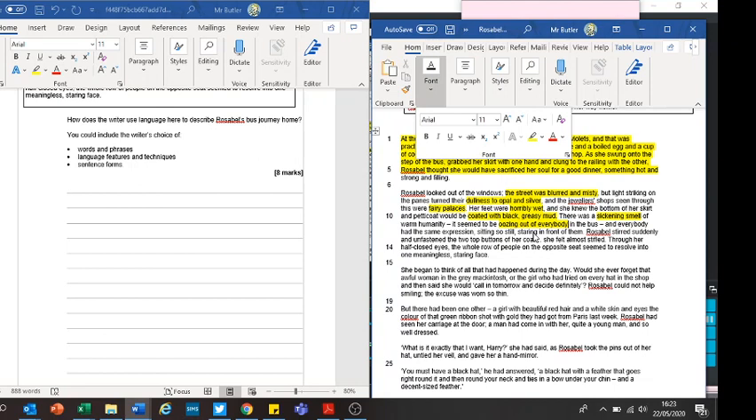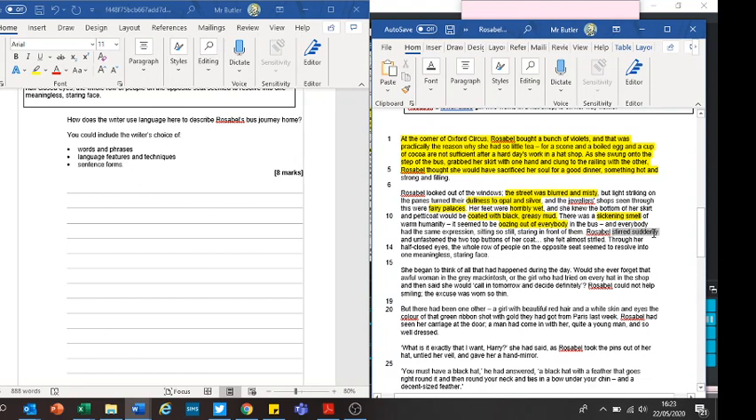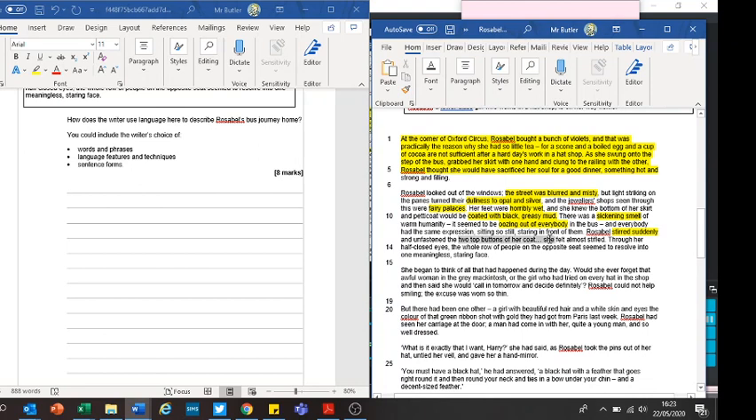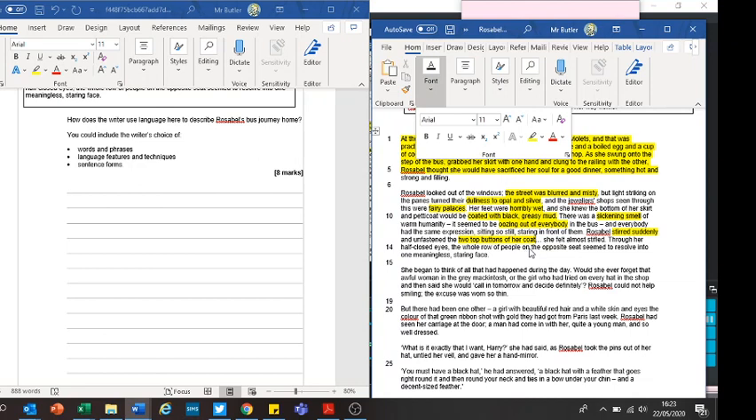And everybody had the same expression, sitting so still, staring in front of them. Rosabel stirred suddenly. Oh, again, a bit of sibilance. And unfastened the 2 top buttons of her coat. She felt almost stifled. Through her arm, and I'm going to put that. She's unfastening the buttons of her coat, which means she must be very uncomfortable. A whole row of people in the opposite seat seemed to resolve into one meaningless, staring face. So,